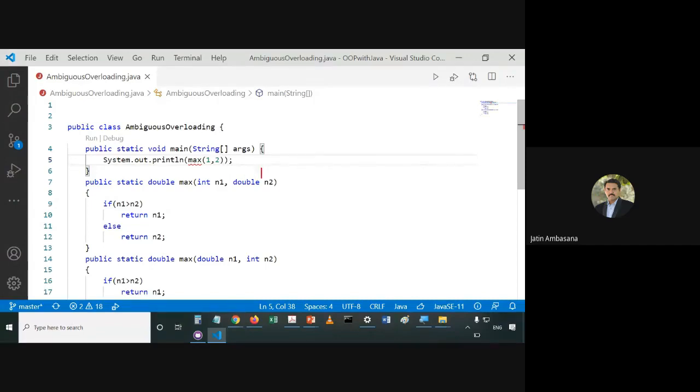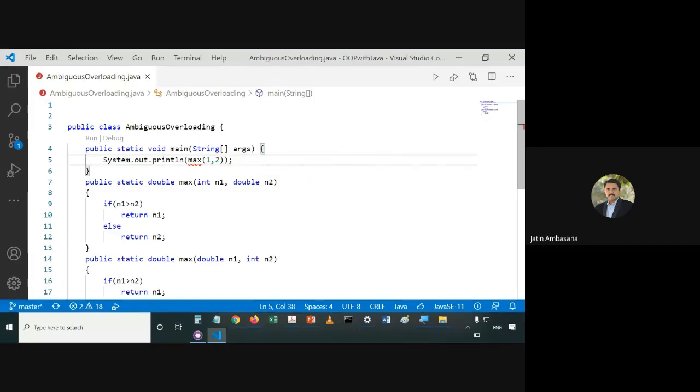So it is like int n1 equals 1 and double n2 equals 2. Although we are assigning this 2, which is an integer literal, when it gets stored inside this double variable, it becomes a double value, that is 2.0, a number with a decimal point. But this is a legal assignment, so it is possible.